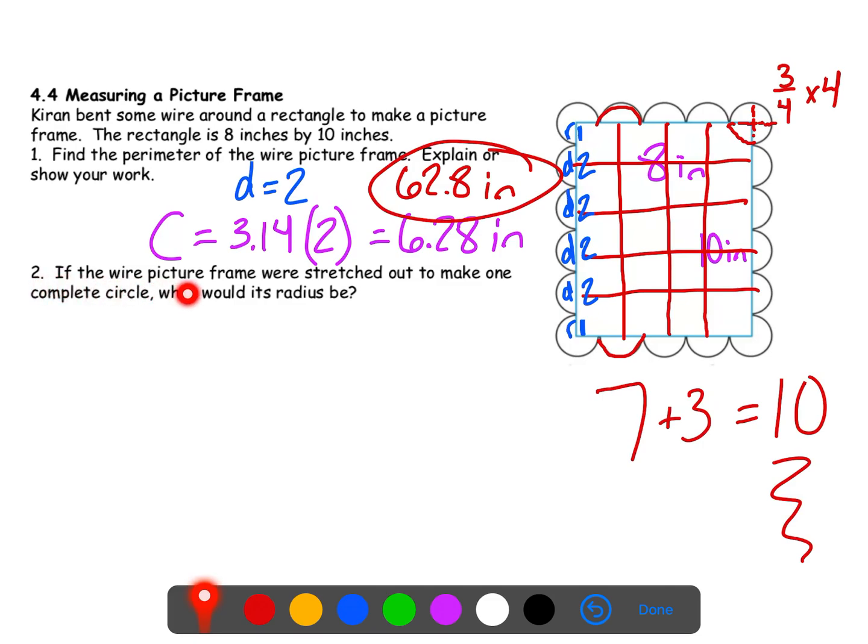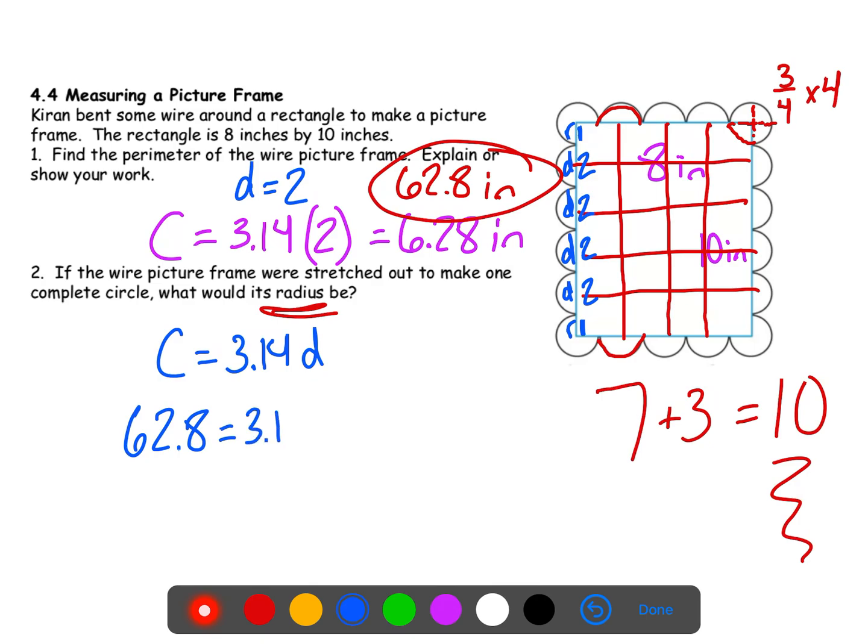Next it says, if the wire picture frame were stretched out to make one complete circle. So this was detached from the rectangle, straightened out, and put into one giant circle. What would its radius be? And I'm going to underline radius so I don't forget and write a diameter by mistake. Okay, so we know the circumference of the circle is 62.8 inches. And we have an equation here. So if the circumference is 3.14 times diameter, and I fill in my circumference as 62.8 inches,